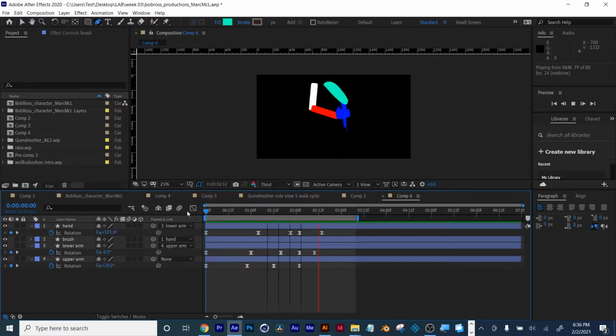Paintbrush is moving along with the hand, and as the hand comes up at the end, the paintbrush comes up with it. Parenting will save you lots of time, keep your character together, and give you that unified professional motion. Just watch you ease your keyframes, and if you even want to get more into it, work on your speed